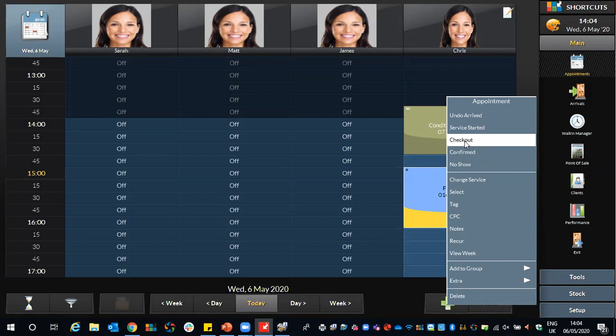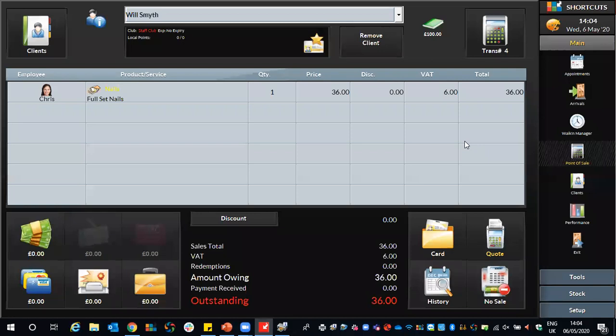Because if you think about it as a real life scenario, you can't check the client out if they've not physically arrived into your salon. We really have thought of everything here. Okay, so we can now see we've got Will Smith at the point of sale screen, and in the top